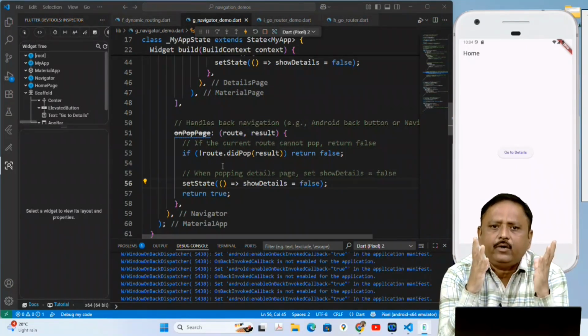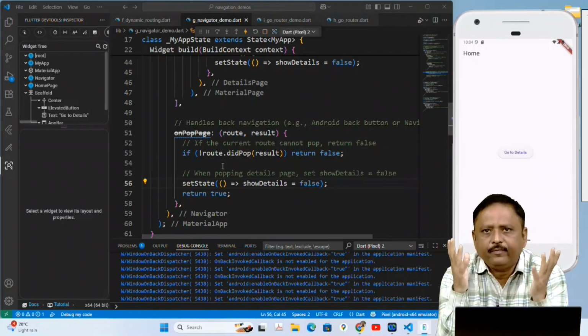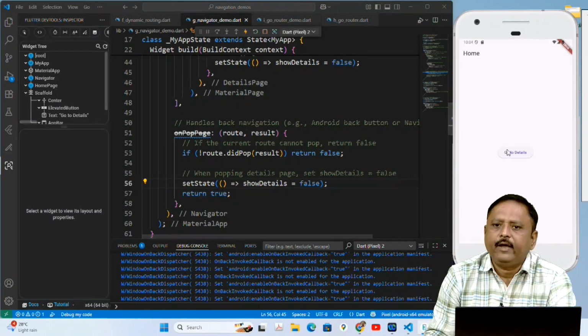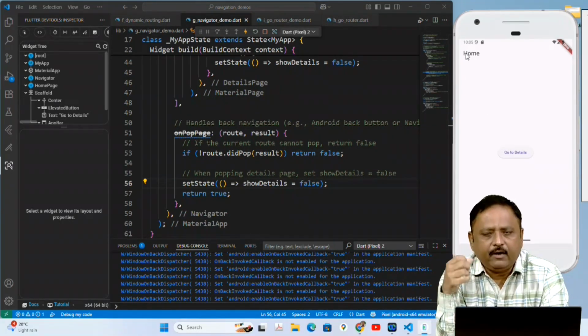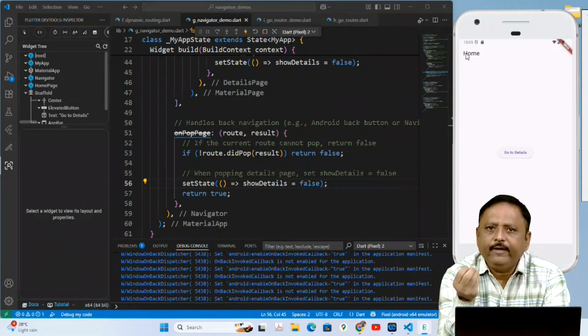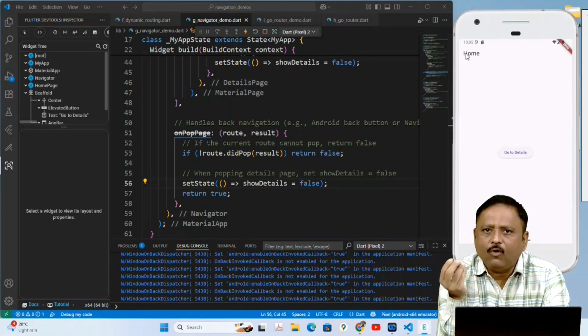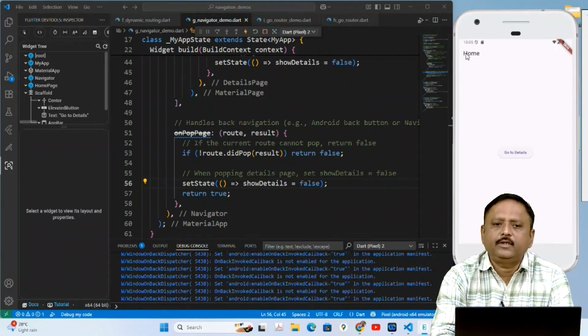If the current route cannot pop, we must return false, and if it is popped, that means we have actually pressed this back button, we must again update our state. So we call the setState method, and inside that we set showDetail to false. So every time state must be up to date. So this is how it works.